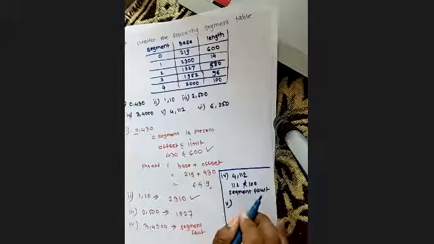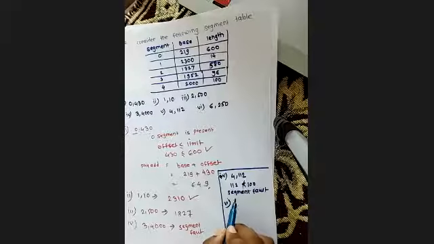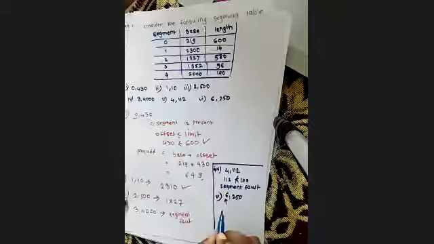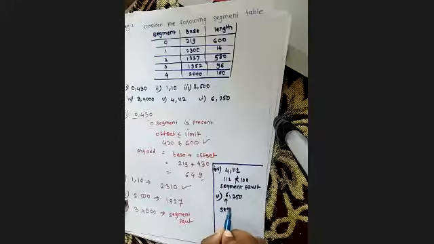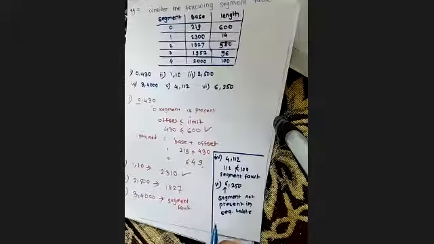Last one. Segment fault. 6 and 250. What did you say? Segment fault. Yes. Why? Because the very first thing we check is whether the segment is available in the segment table or not. But the 6 segment is not present in the segment table. So there is a segment fault. Segment not present in segment table, so there is a segment fault.